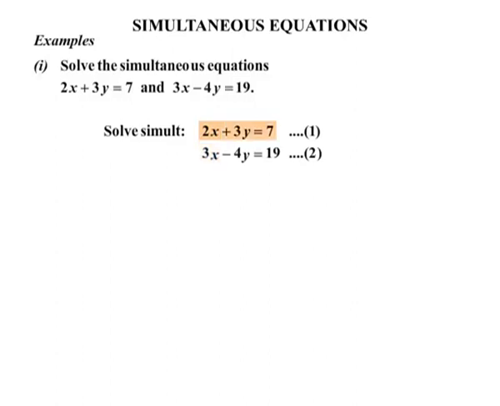So let's look at the top one. We need to multiply that by 3. And we've got to multiply everything by 3, not just the 2x. So if we multiply everything by 3, we come up with 6x plus 9y equals 21. I'm just going to put a line through that one just to indicate, right, we've replaced that with a new